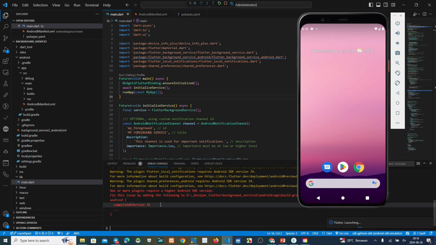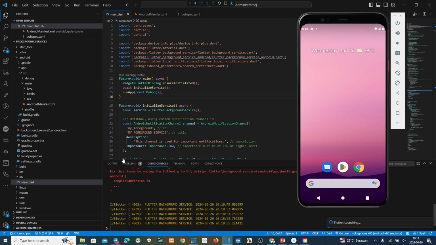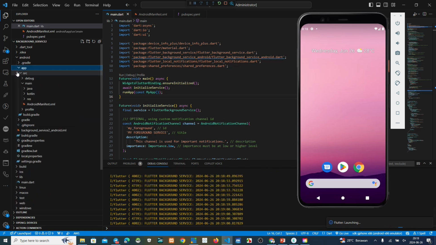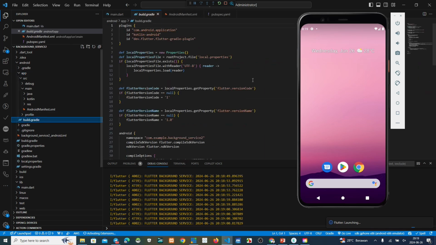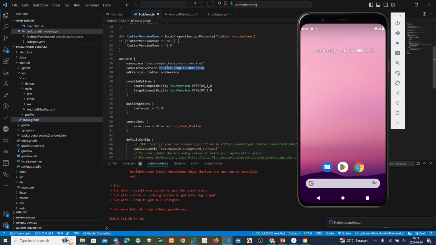This one, compile SDK version to 34. Okay, we see this one, app build Gradle here. This one, compile SDK version. We can change to 34.